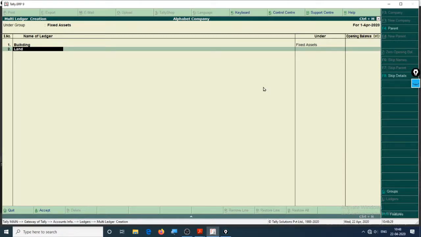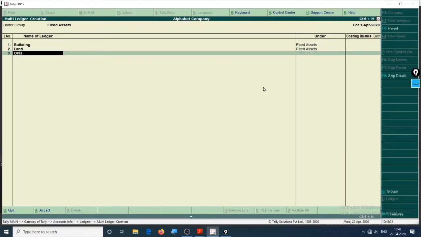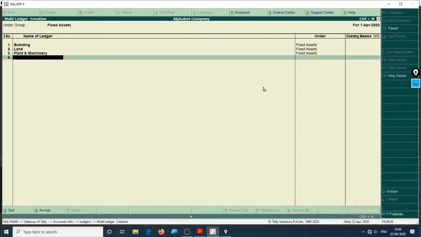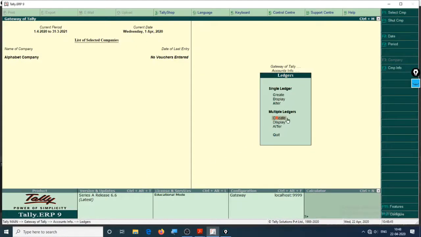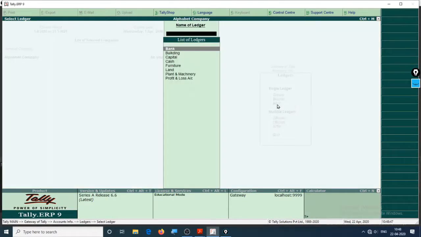We can choose land, we can choose plant and machinery. When you are done, you can click on accept, and it has created all those ledgers. If you want to display them, go to display. Right here is building, plant and machinery, and land.